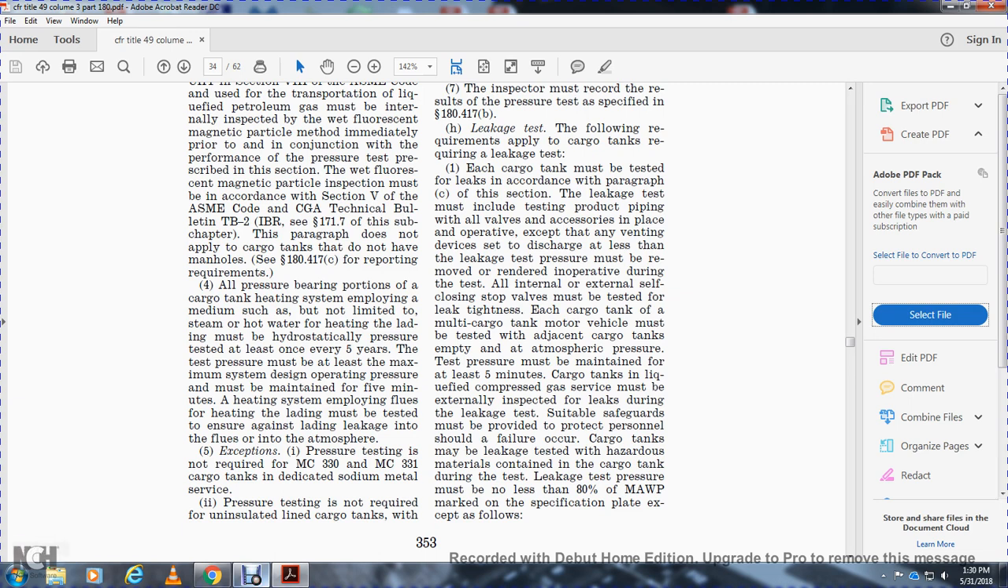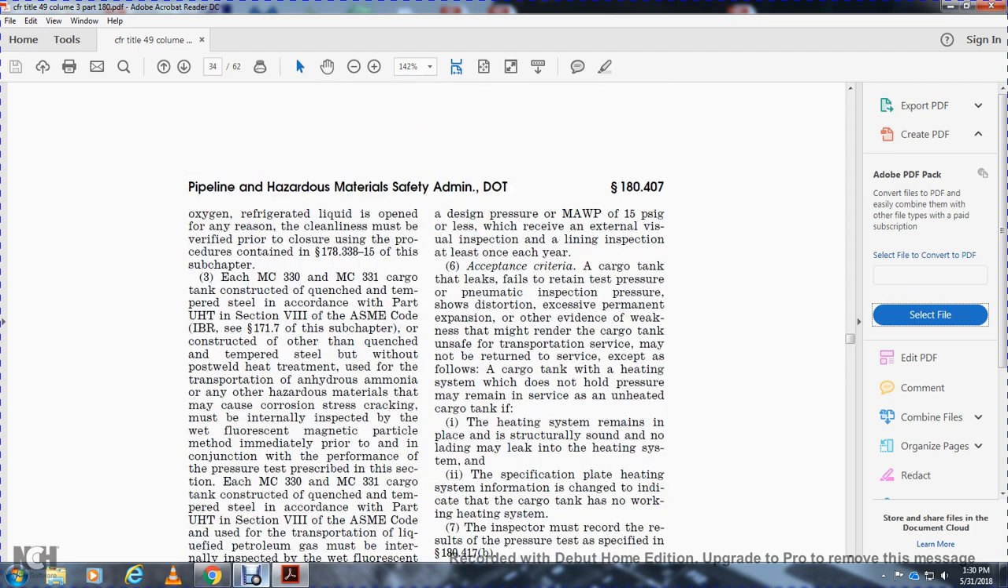Exemptions: pressure testing is not required for MC 330 and 331 cargo tanks in dedicated sodium metal service. Pressure testing is also not required for uninsulated lined cargo tanks with a design pressure at MAWP of 15 psi gauge, which will receive an internal lining inspection at least once each year. Acceptance criteria: a cargo tank that leaks or fails to retain the test pressure for the pneumatic inspection,